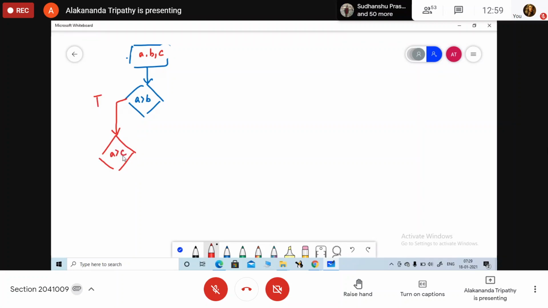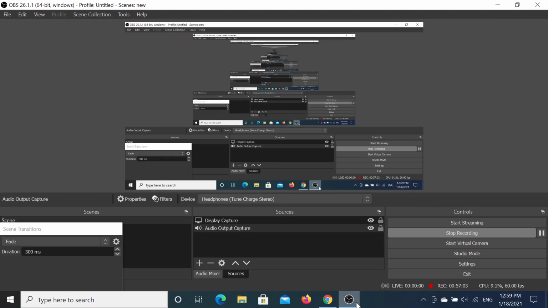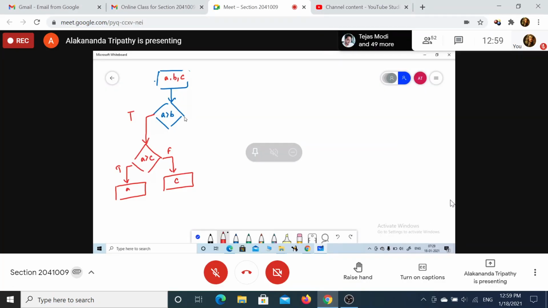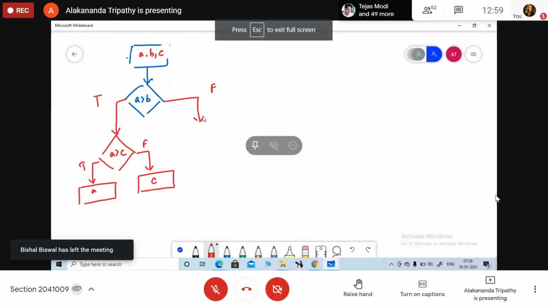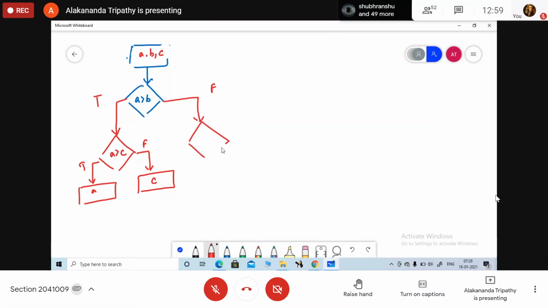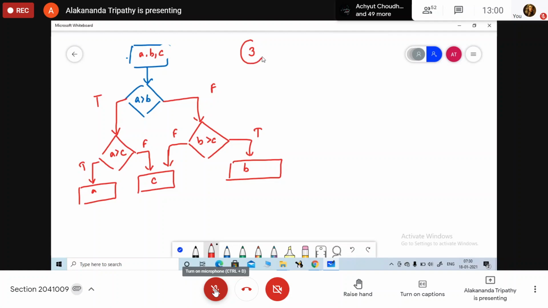A greater than C. If it is true, then the value is A. If it is false, the output is C. Now, if this one is false, we are going to check B greater than C. If it is true, the output is B. If it is false, the output is C.